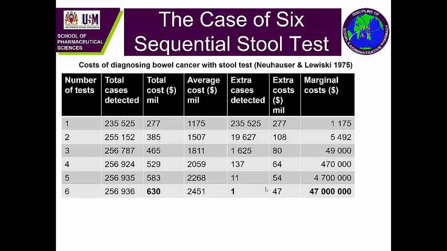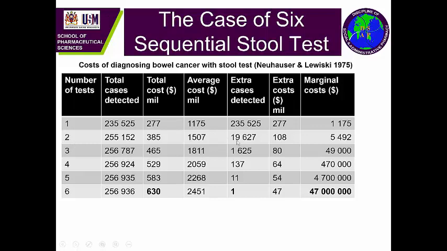They analyzed this decision by the American Cancer Society in terms of the impact to the cost of diagnosing bowel cancer with stool tests. So if we do one test, we can detect 235,525 cases of bowel cancer at a total cost of $277 million. If we do 2 sequential tests, we'll be able to detect a total of 255,152 cases at a total cost of $385 million, which means that with 2 tests, we are able